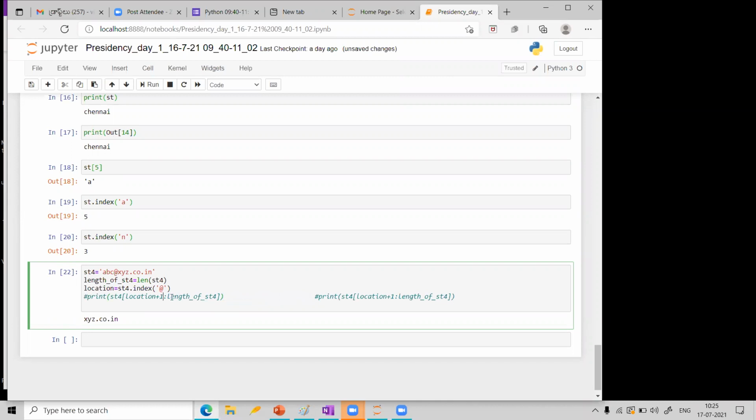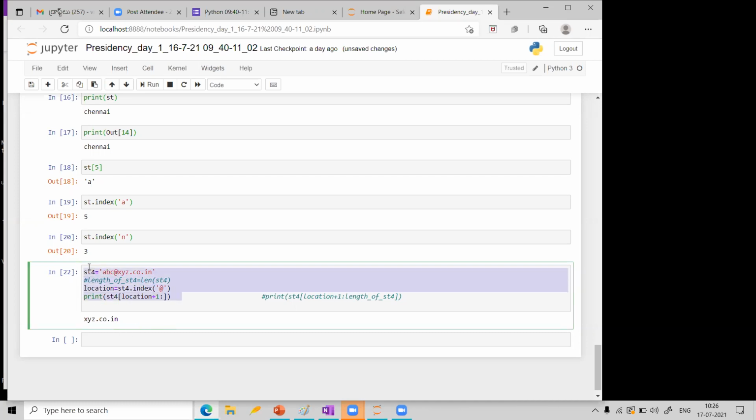So let me put like this now. I need not use this length part because I am not using this. I need not also use this line. This line also is extra for me. I hope you are able to follow that. So this I will remove now. So now this should work. Just this first line, then this location line, and then this line. Let me run one more time.